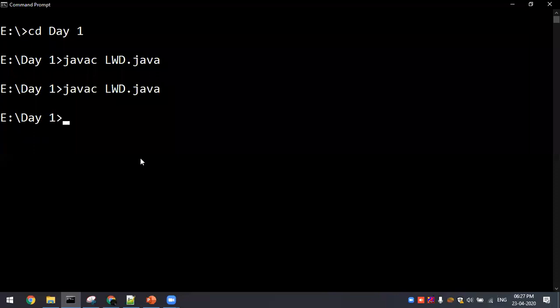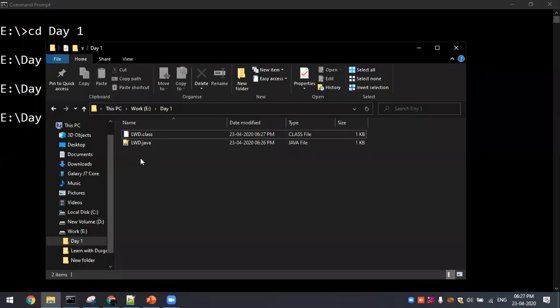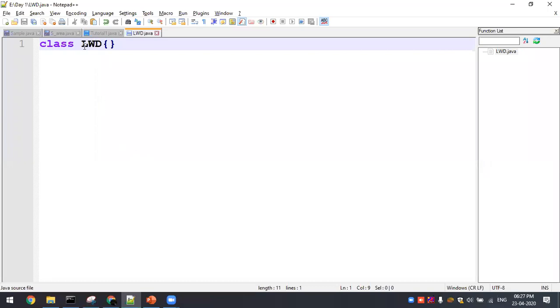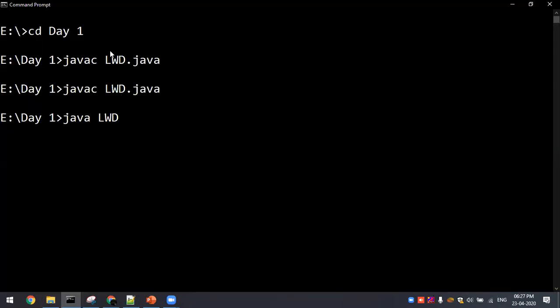After generating your bytecode, that is, the class file, how to execute it? java followed by the class file, lwd. Then what will you get? I didn't have anything in my code, right? I have just created a class lwd. Inside I didn't have any definition, so this is going to give an error.